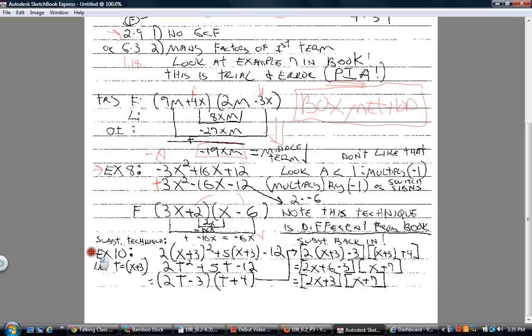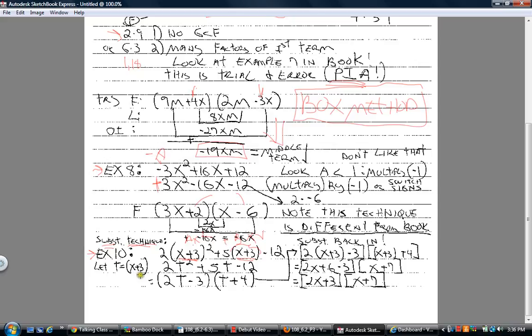Okay, now this example 10 here is called the substitution technique, and it's going to catch your eye because they're going to tell you to factor this trinomial and look at the parentheses. It's 2 times the quantity x plus 3, and then plus the middle term is 5 times the quantity x plus 3, minus 12. The clue to use this technique is to realize that the parentheses is throwing you off, and whatever that is here on the b term, remember it's ax squared plus bx,